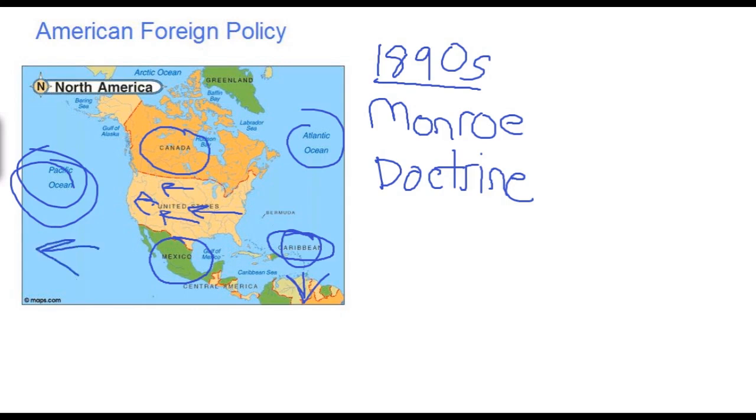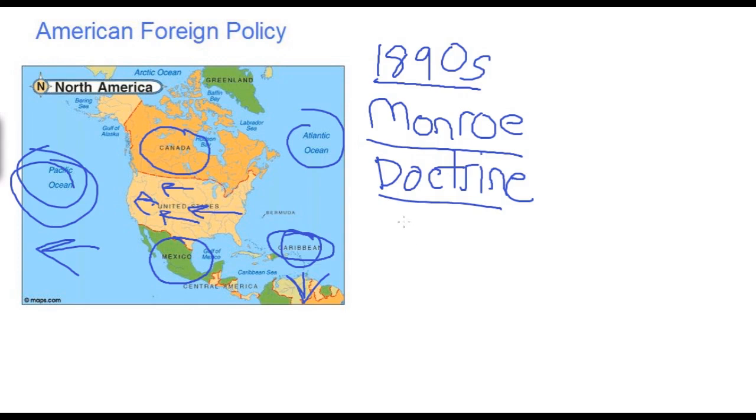And finally, there was a growing emphasis on a much more militaristic enforcement of the Monroe Doctrine. Now, throughout the 19th century, the U.S. government used politics and policies as a way of enforcing the Monroe Doctrine, but we begin to grow more interested in using military force as a way of preventing European nations from either trying to establish new colonies in the Western Hemisphere or interfering with newly independent nations of the Western Hemisphere as well.